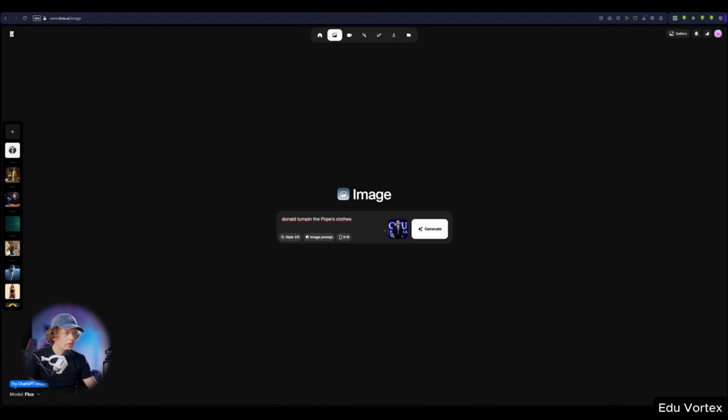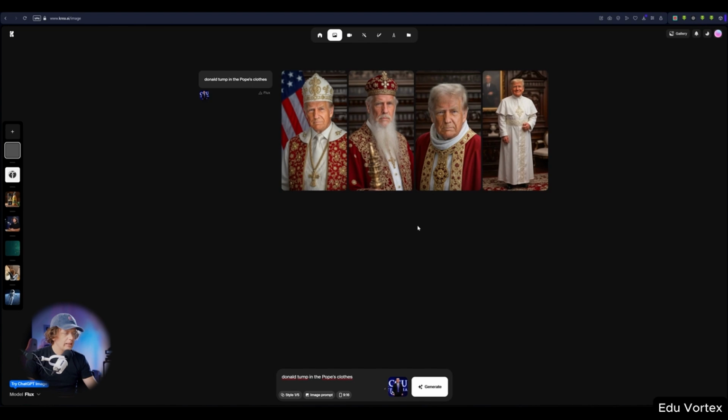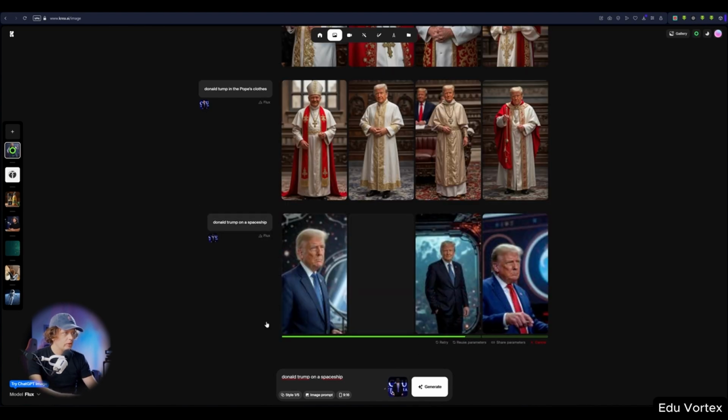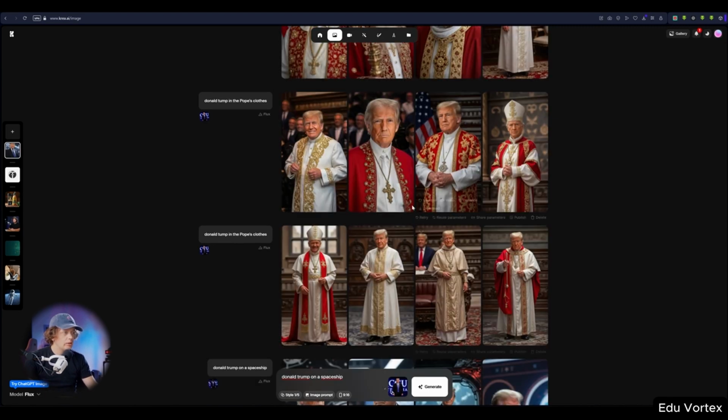Type in Donald Trump dressed as the Pope, and here we have some examples. You can easily generate more variations. For another fun example, let's type Donald Trump on a spaceship and see how it turns out. This is how easy it is to generate custom AI-generated images using your trained model in Cree.ai with the Flux